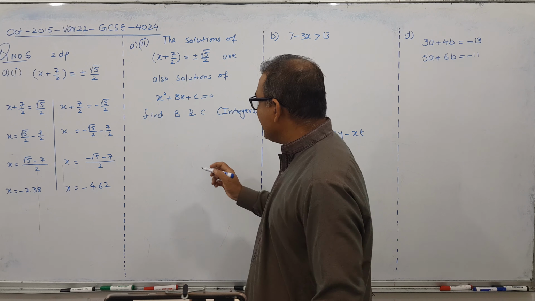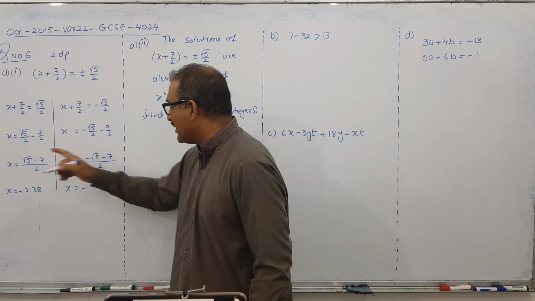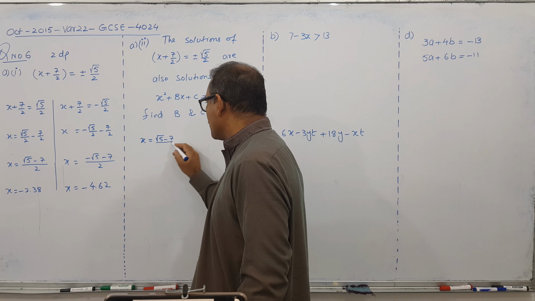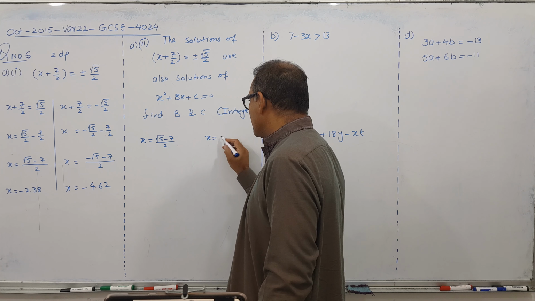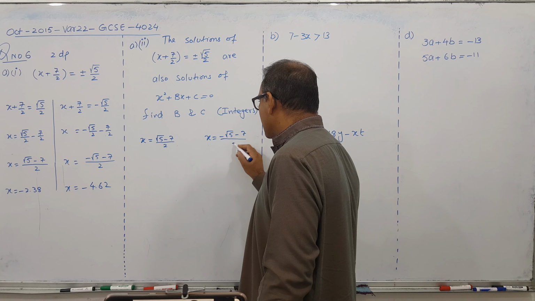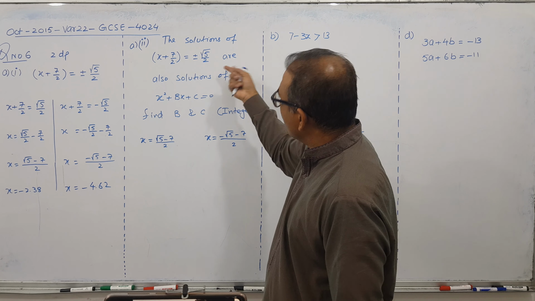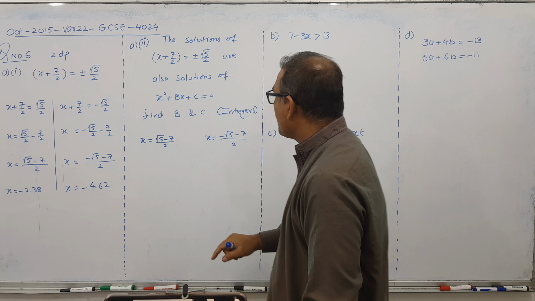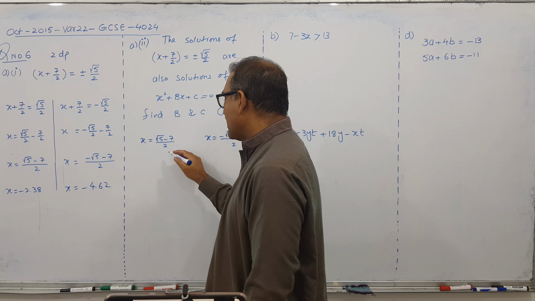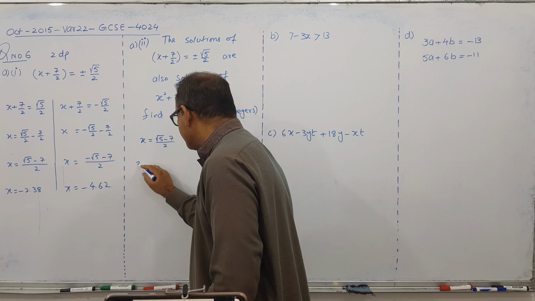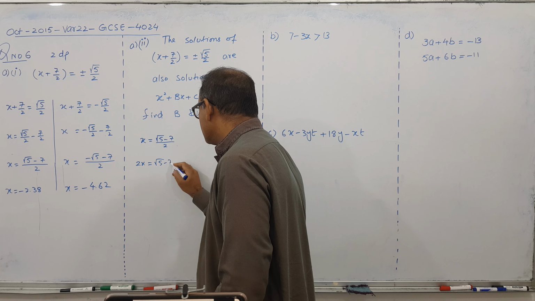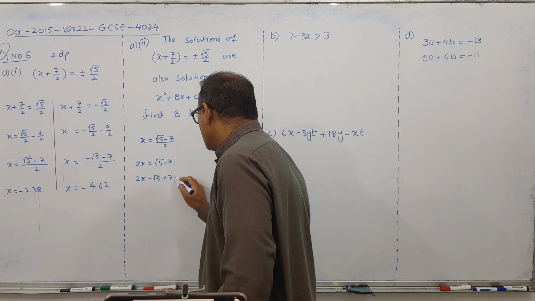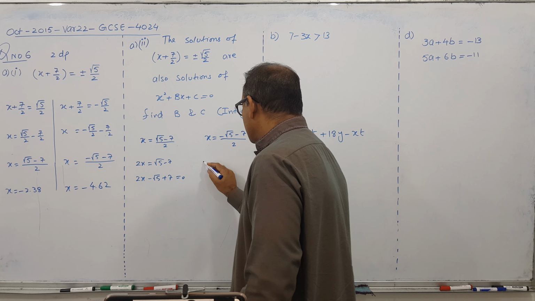We have a technique here. I will assume, for example, x is equal to root 5 minus 7 by 2. This is called the first root, and the second root is actually here. These are 2 roots because he said the solutions of this are also the solutions of this one. So can I say these are solutions of this equation? Correct. Now I have to reshape it, and you know the method: 2 goes there and bring the other side here. I got one thing. Similarly 2 multiplies there.